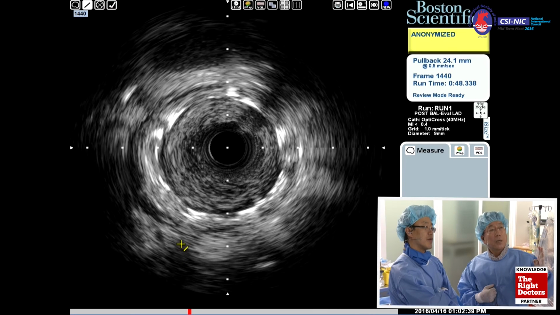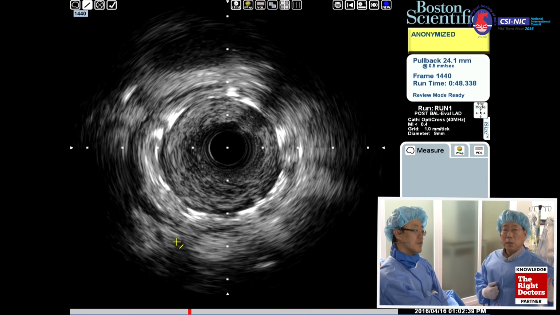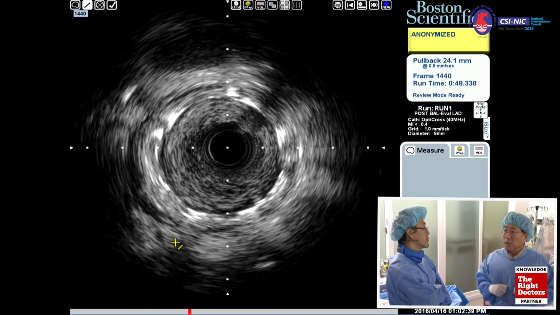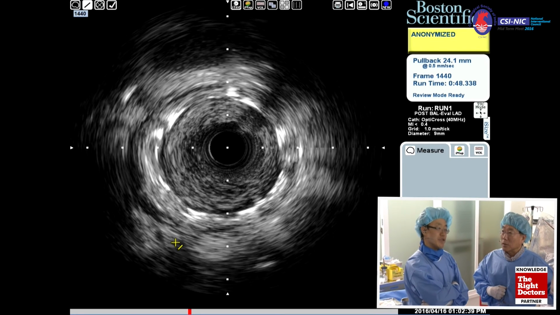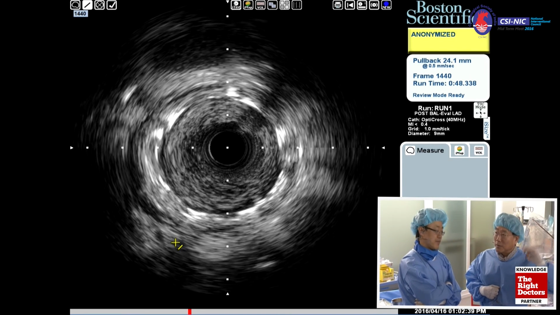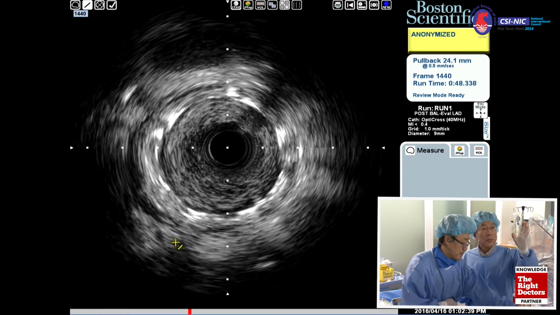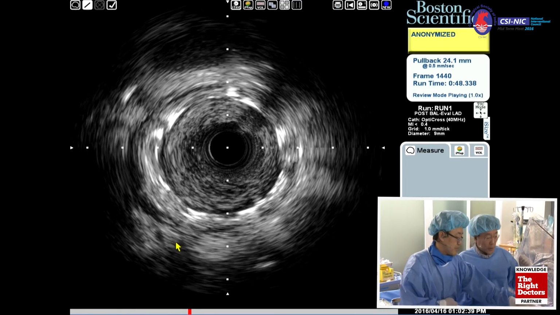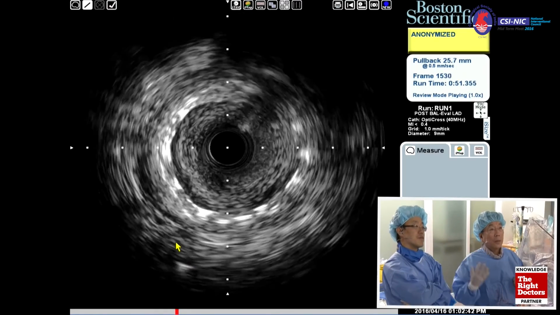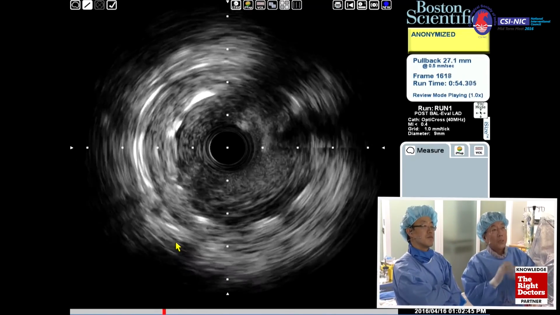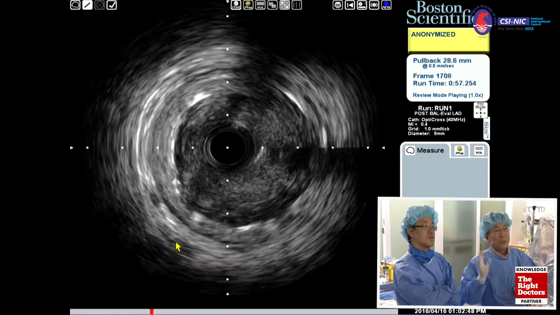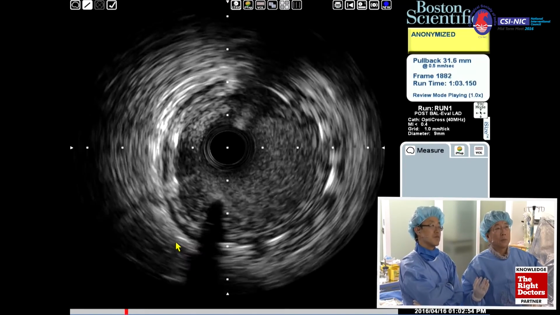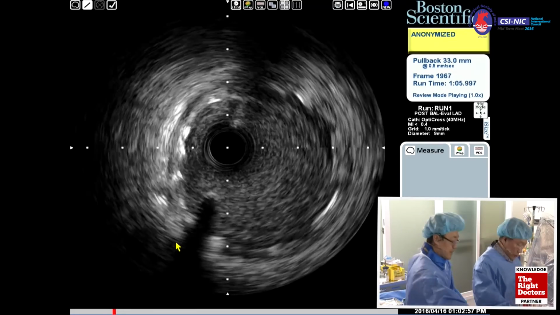Related ISR. If we have some ideas, OCT examination or VH-IVUS for this ISR lesion may be related to something. What do you think? Neoatherosclerosis, yes. Some vulnerable plaque characteristics inside. However, we have some limitations using grayscale IVUS for that. So we have mainly intima hyperplasia. We didn't get much information about the plaque characteristics itself. However, proximal part stent expansion is quite good.